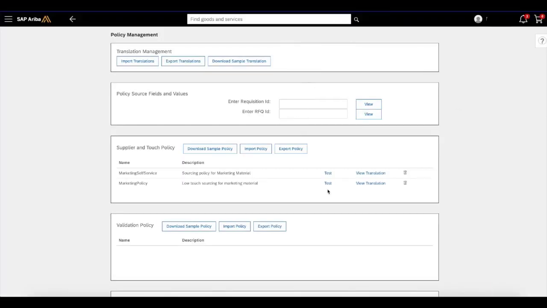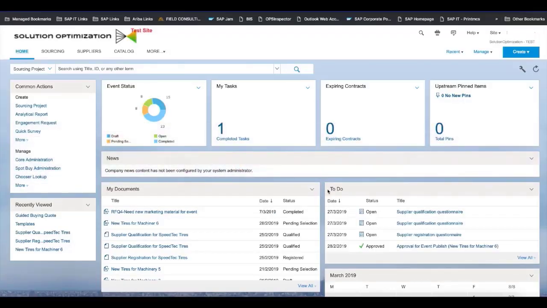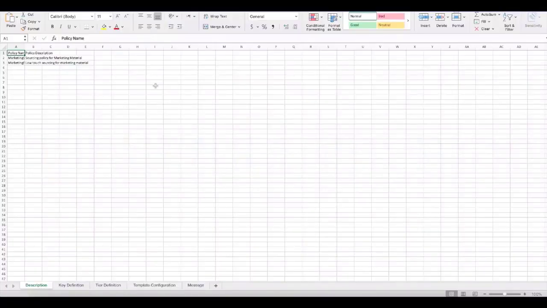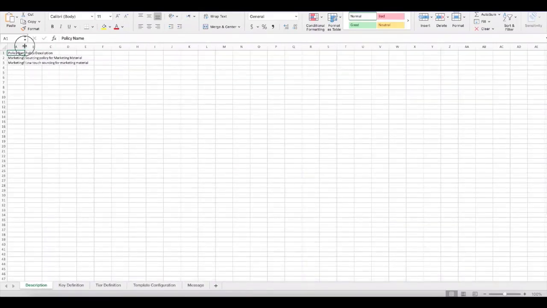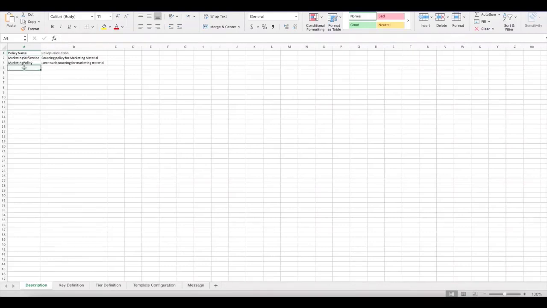Let's go ahead and just export the policy real quick. And we've got it open right here. So there are 5 key tabs here at the bottom and we'll go through them one by one. The first one here is the description tab, and what we want to do is create a new policy. So let's just call it